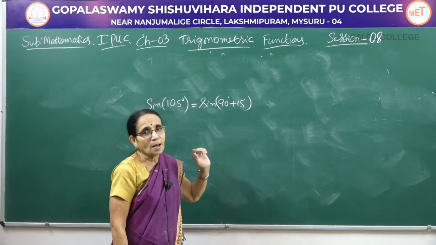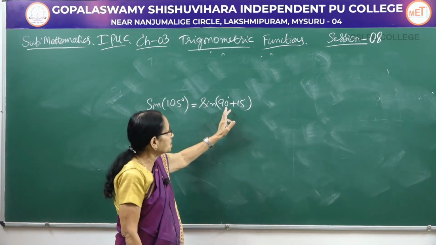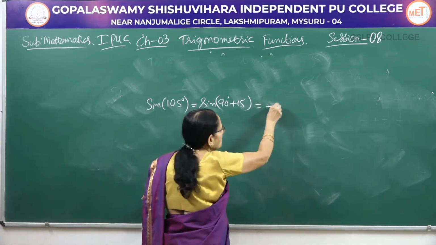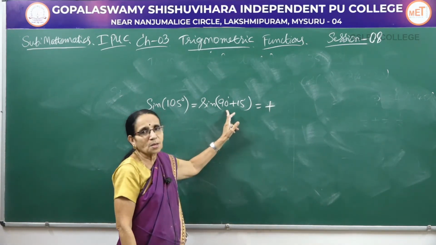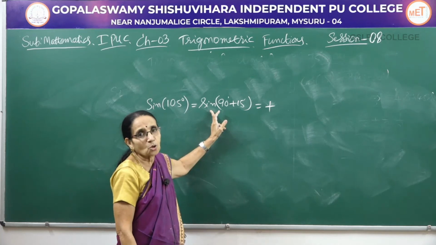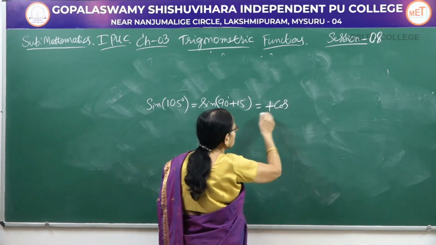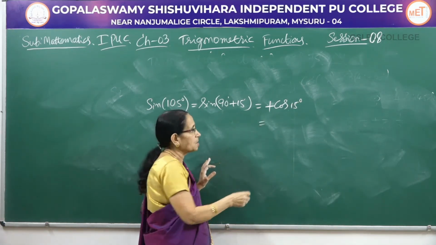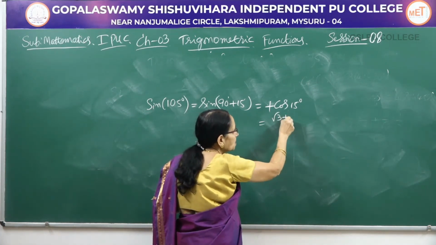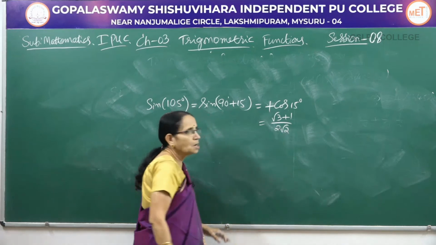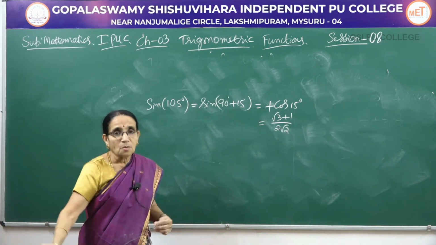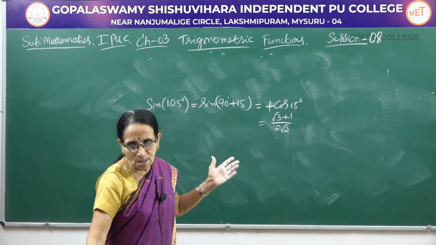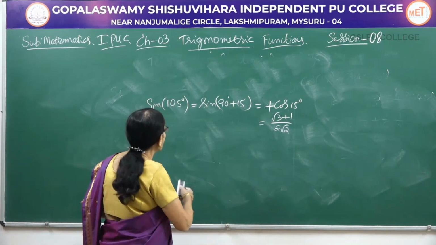Now I am making use of the allied angle rule. When you take 90 plus something, it comes in the second quadrant where sine is positive, so write the positive sign. Because I am using the angle 90, the function should be changed over to the co-function. So this is cos of 15. We have worked out such problems in the earlier sessions. The cos 15 value, which you have just derived, is root 3 plus 1 divided by 2 root 2. So we can use the angle 15 degrees, because we have just derived it for 15 degrees as well as 75 degrees.